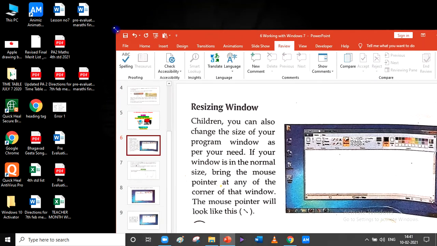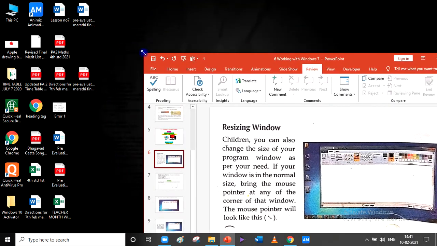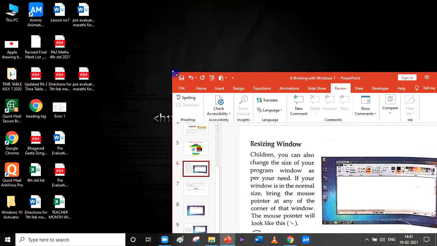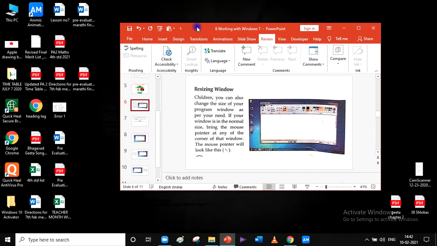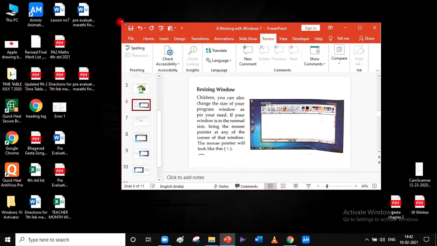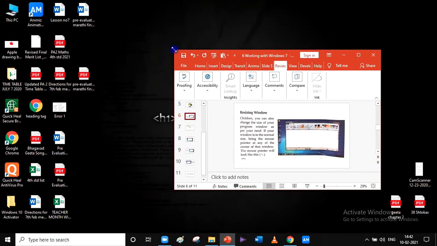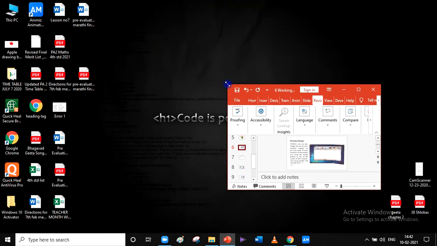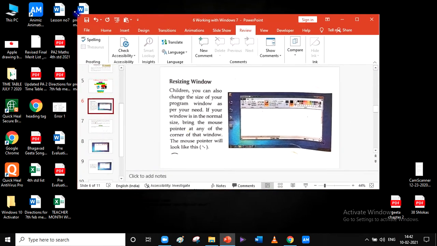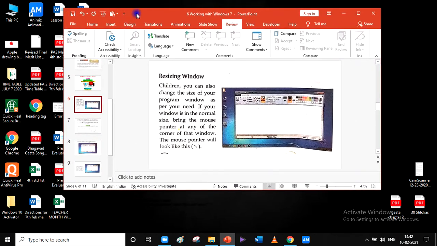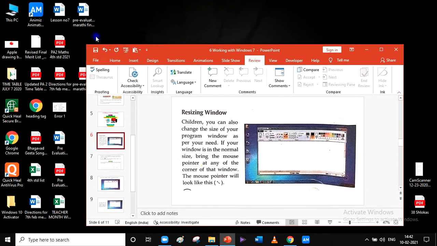Okay, when you scroll down in a slanting direction, the window will become smaller and smaller. Let me show how small it became now. See, if I do it more, it will become smaller and smaller. Now I am not even able to read the letters that were in it. So let's make it big again. Okay, I changed the size of it again.